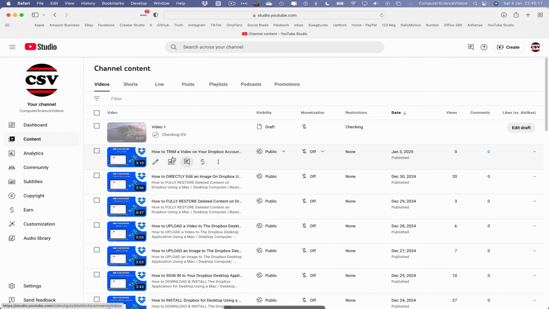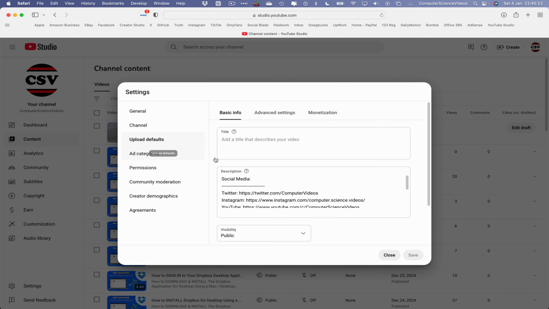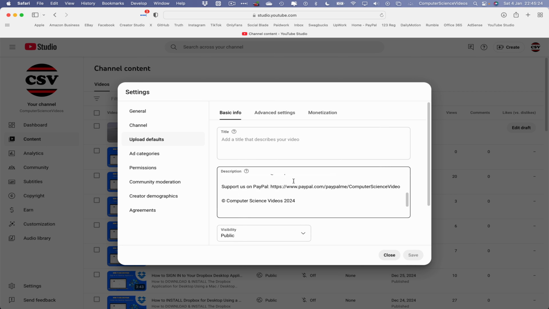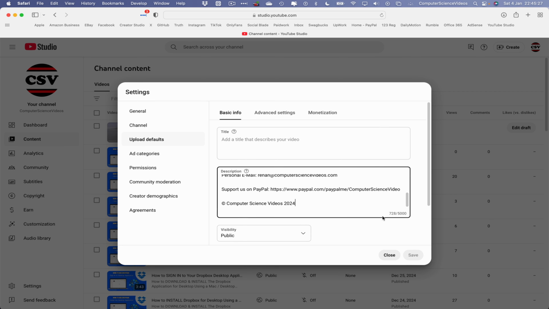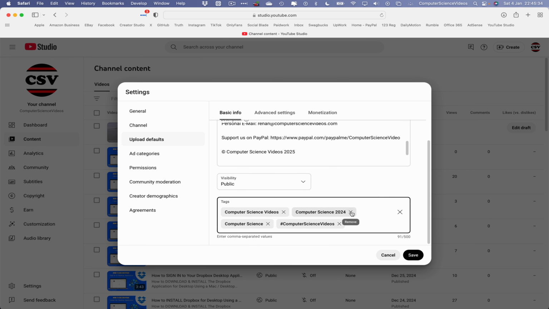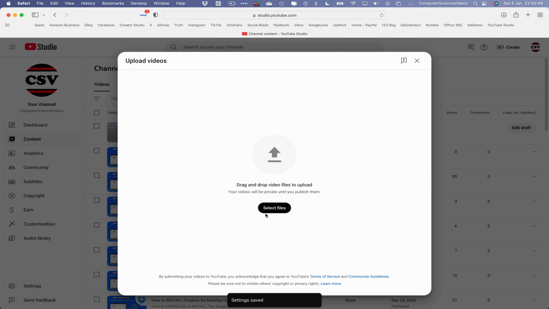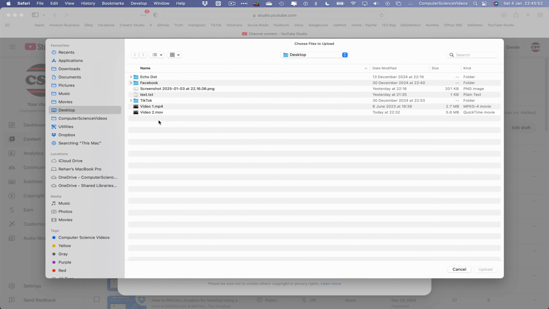So we can now go to the bottom left corner, click on settings, go to upload defaults, go within description, scroll to the bottom, change that from 2024 to 2025. Let's go to the tags. Computer Science 2024 needs to change to Computer Science 2025. Enter, click on save, and now what we will do is go to create, upload videos, select files, click on